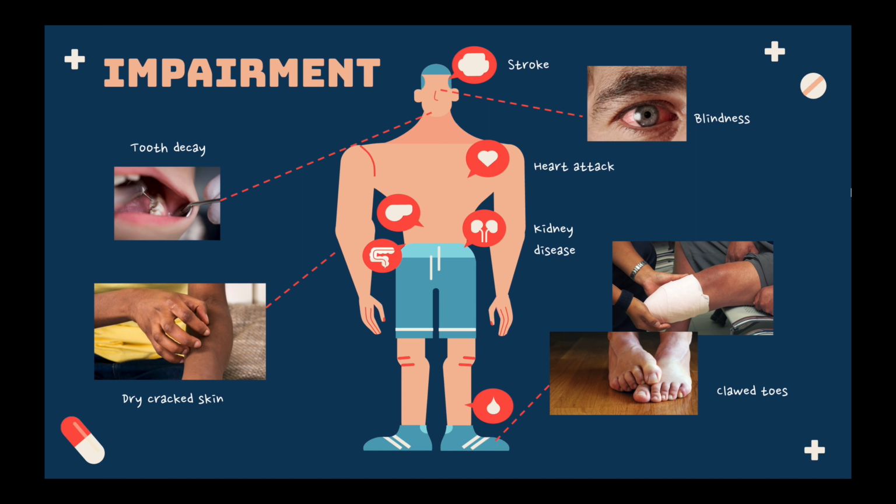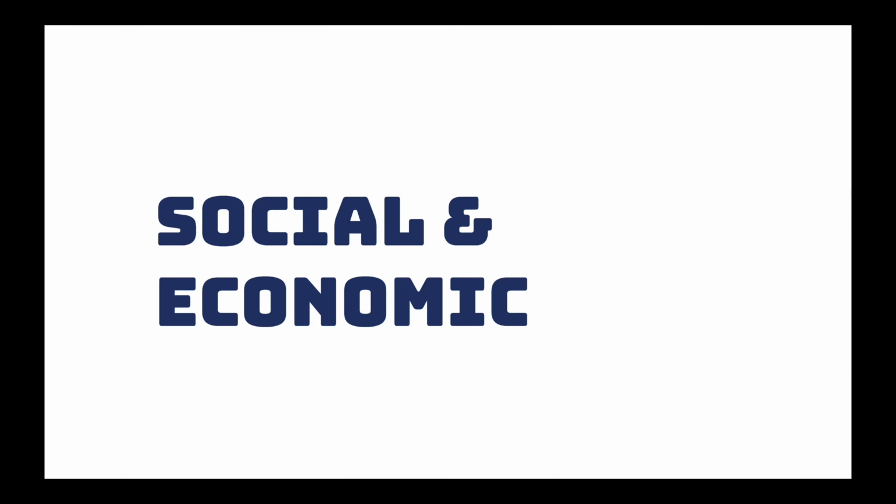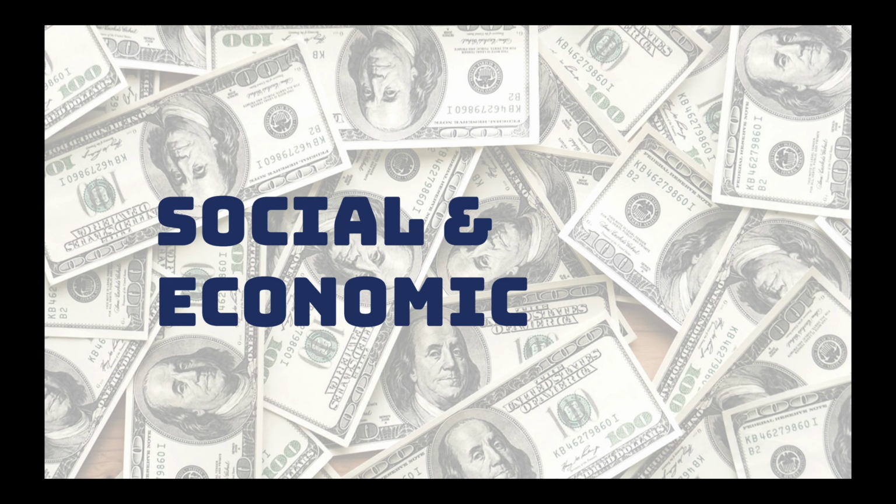Eyes are at a risk of blindness, and there's an increased risk of tooth decay and skin infections. Nerve damage in the feet can even cause clogged toes and structural foot problems. Not only is kidney disease more likely, but people with diabetes are 2 to 4 times more at risk to die from a heart attack. The moral of the story is diabetes is detrimental to almost every part of the human body, and this can massively impact your life.